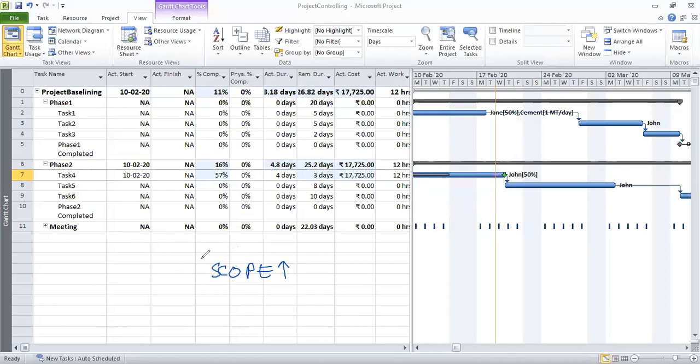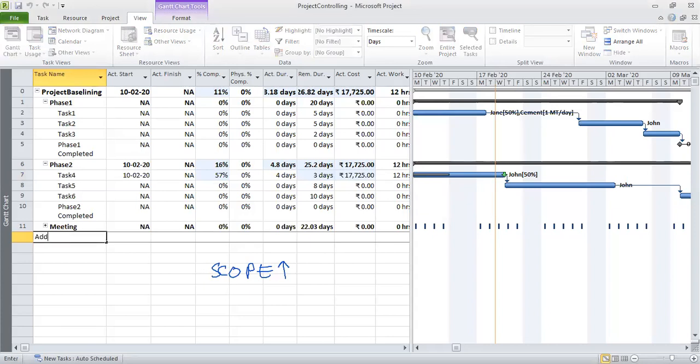So let us say that we have a couple of additional tasks which have come in recently. A better word would be revised.